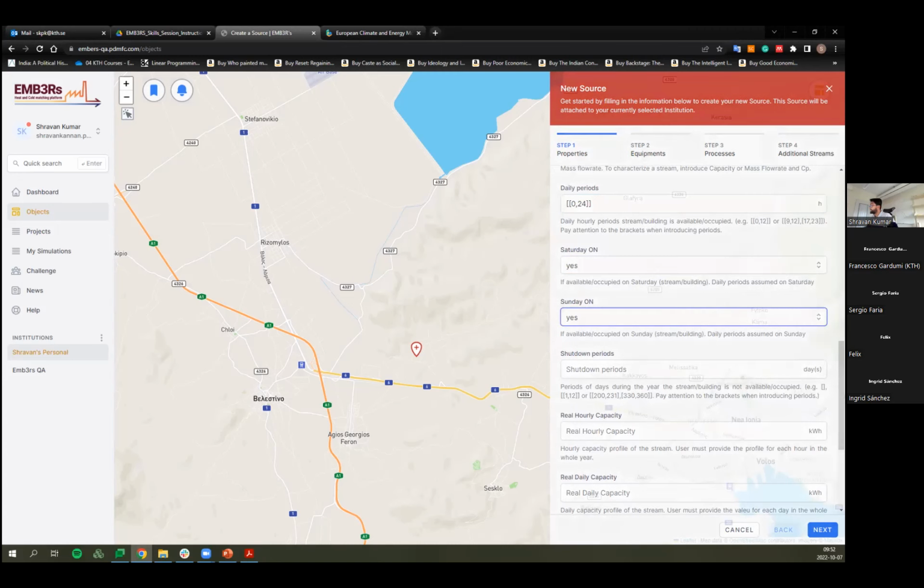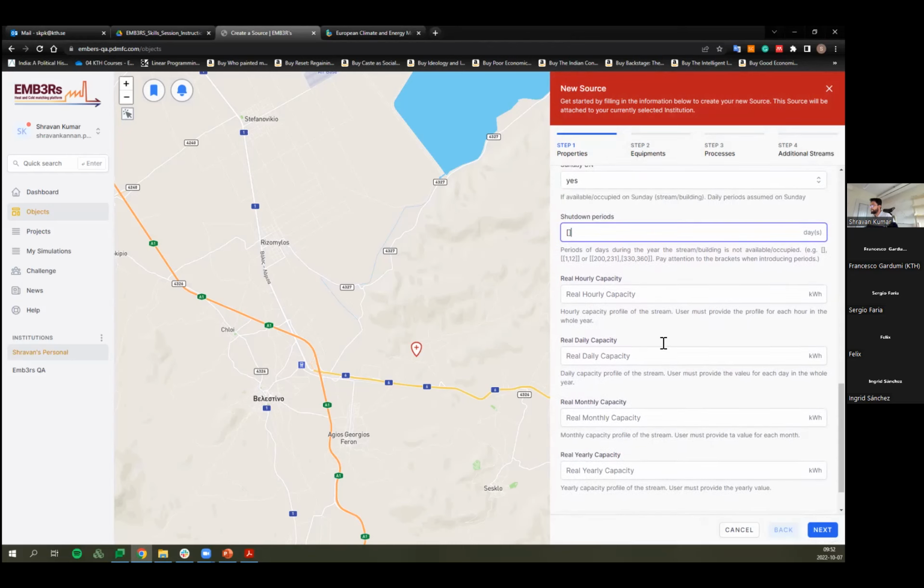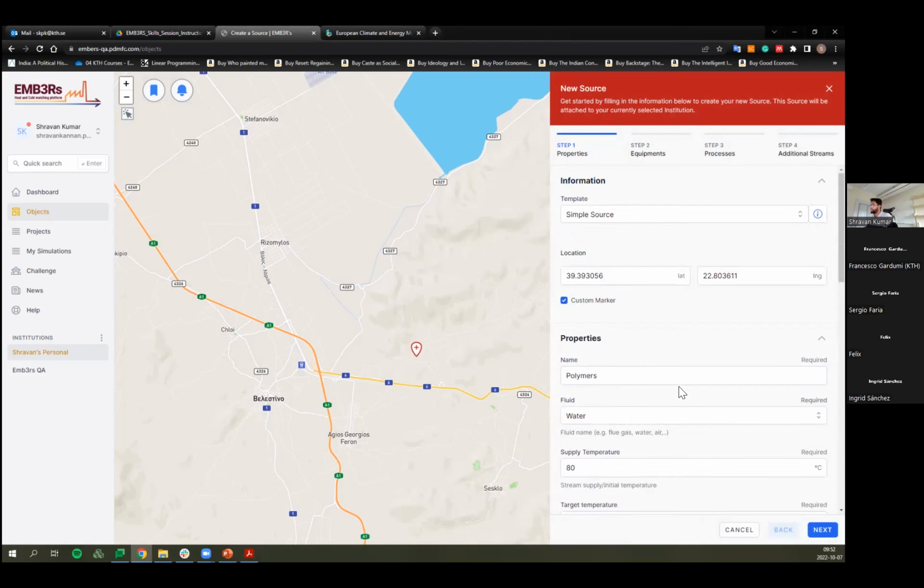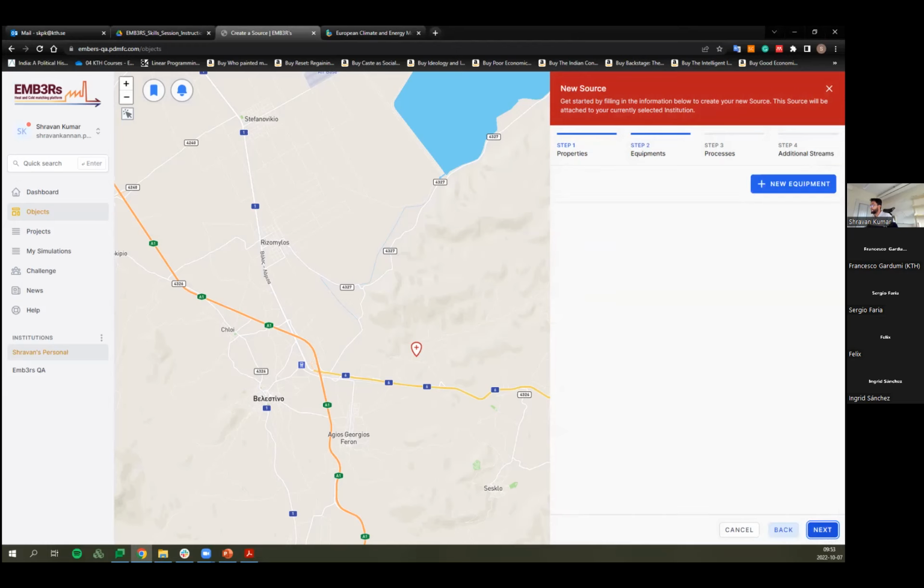And then we have the shutdown period, which is basically the days in the year when the sink or the source is shut down, and this source operates throughout the year. So this is basically empty. And the rest of this can be left empty because all of them are defaults, which we won't be using for the simple case. We then proceed to click on next